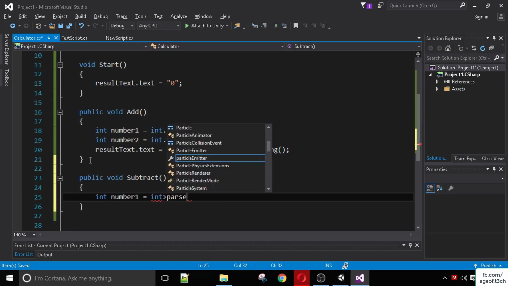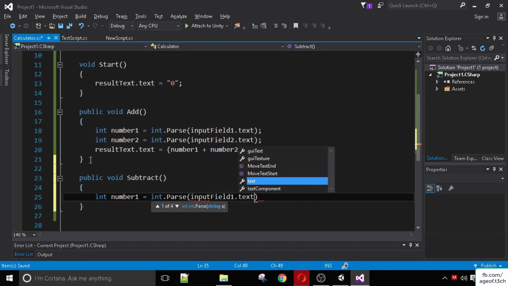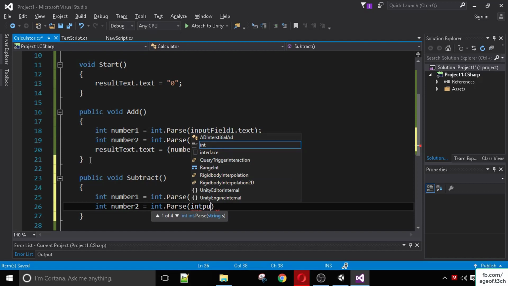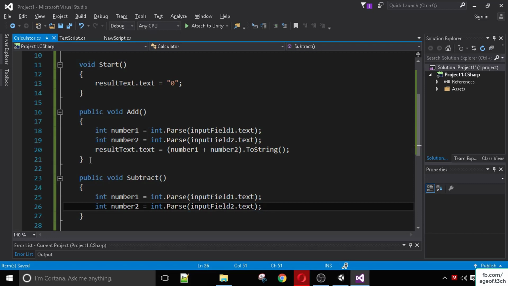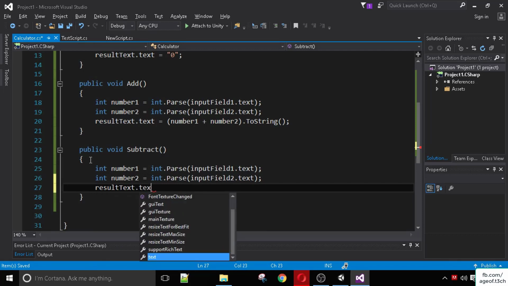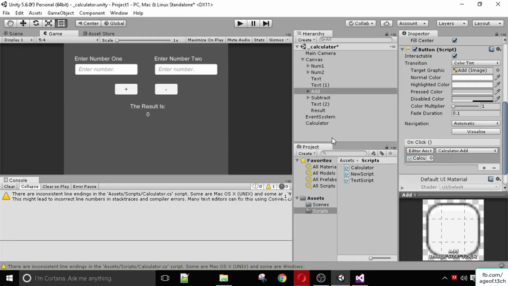We're going to parse the input field text to an integer, and number 2, parse the second input field text. And again, result text.text is equal to number 1 minus number 2, in this case to string. Okay, so let's save that, go back into Unity, and let's get on our subtract button,